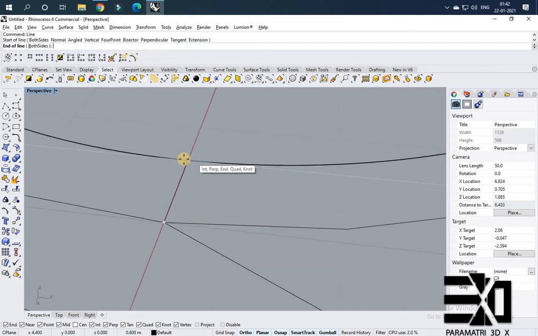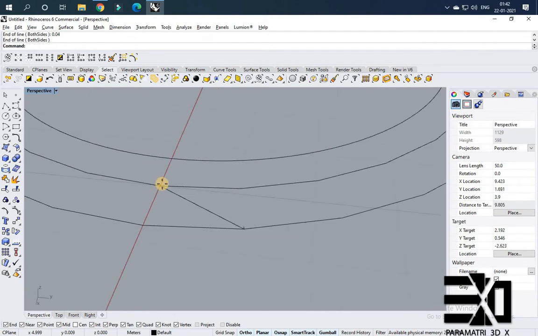Again I'm drawing in this axis with a value of 0.04. So I'm drawing a line in this axis with a value of 0.04. So I'm just placing it.